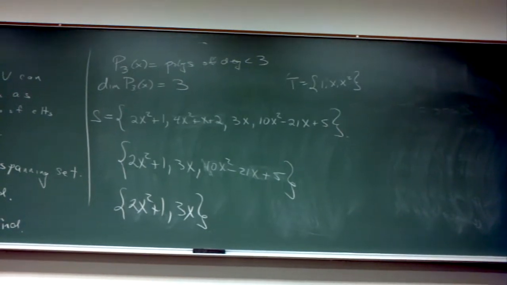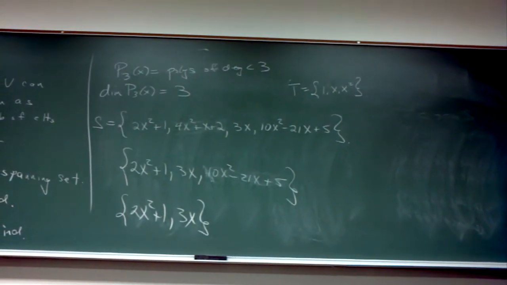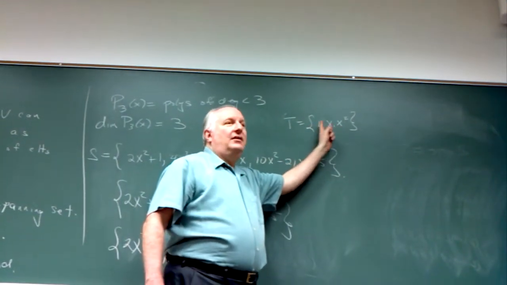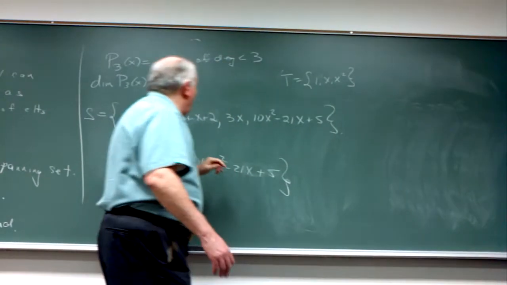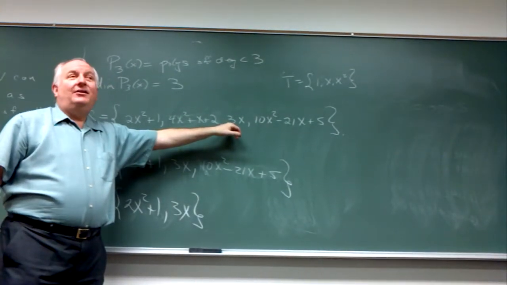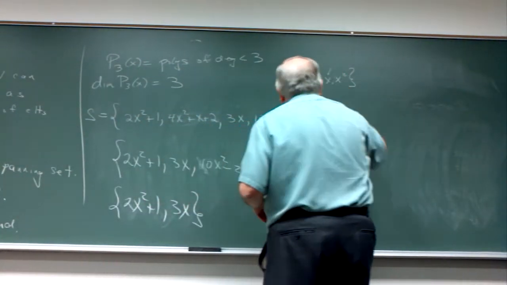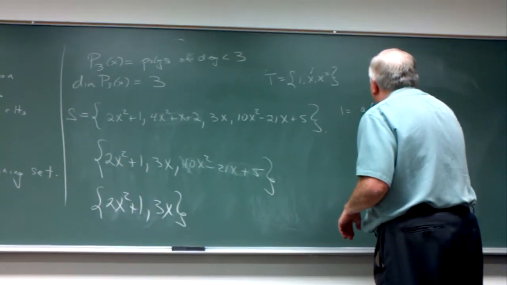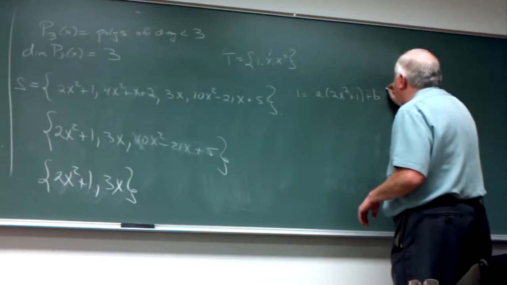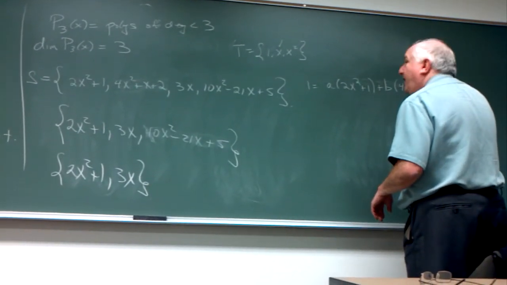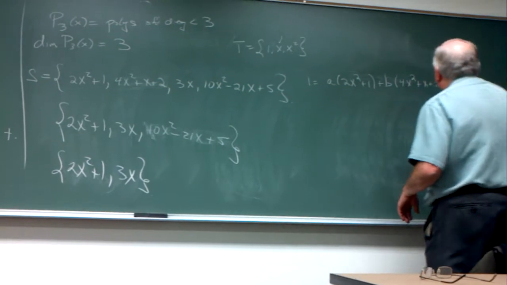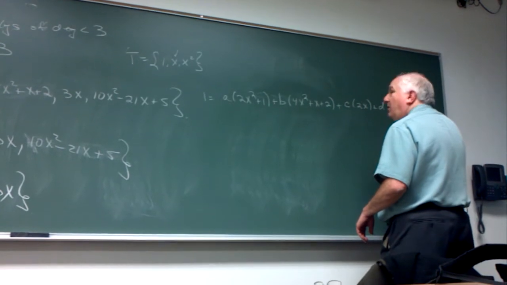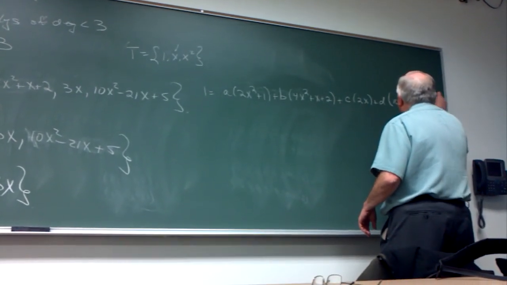If you didn't make Jessica's observation, you could say, well, this is a spanning set if and only if each one of these 3 things is in the span. You might notice, obviously, x is in the span because it's 1/3 of that. But you can ask, is 1 equal to something times 2x squared plus 1, plus a constant times 4x squared plus x plus 2, plus a constant times 2x, plus a constant times 10x squared minus 21x plus 5? Because what you might